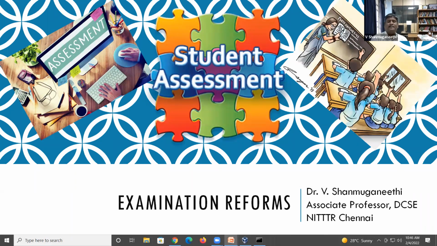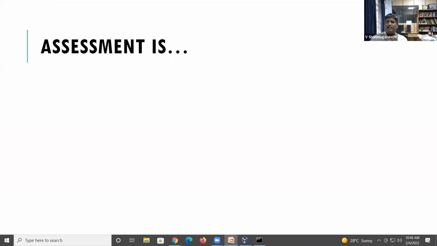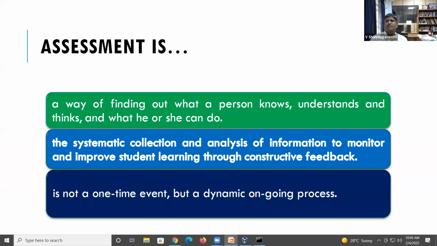So what are the things they have included here? Particularly, they are talking about continuous assessment. Continuous assessment means normally you conduct internal assessment 1 and internal assessment 2 in the college, and how you can conduct classroom activity. That activity really helps the teacher as well as the student to improve their learning. Fundamentally, assessment is a systematic process to collect data from the student, and it is a continuous process.